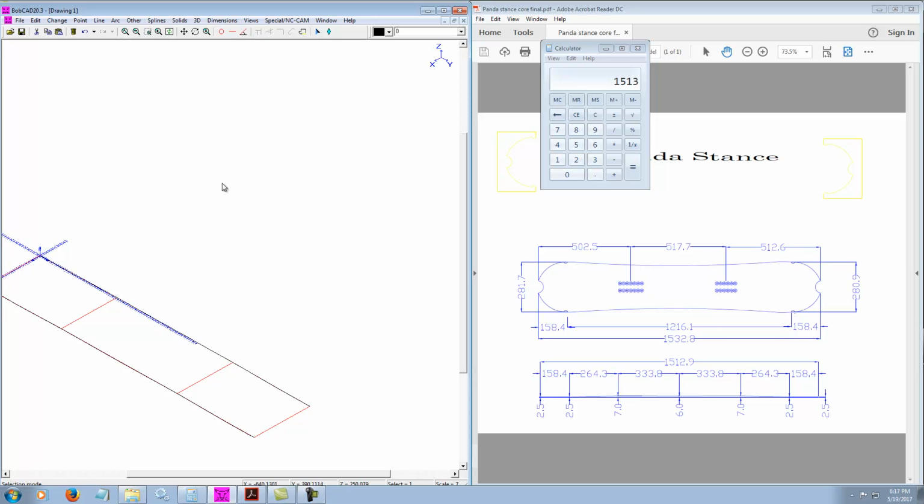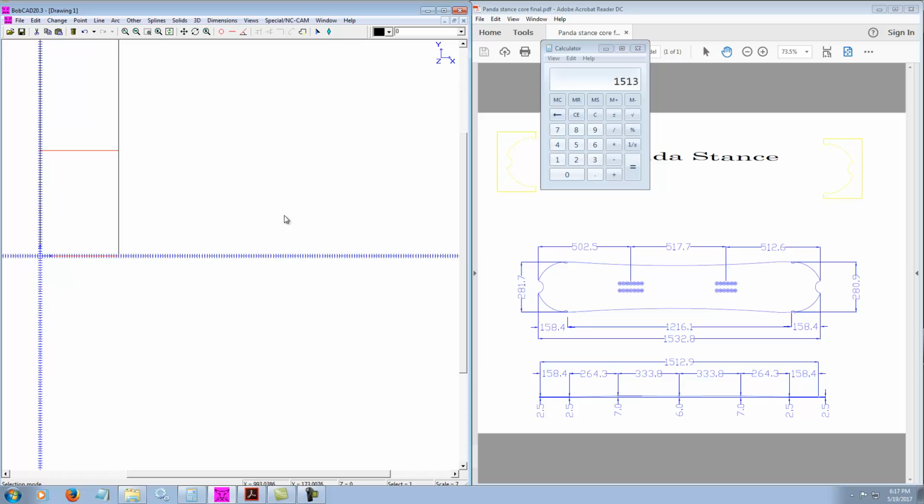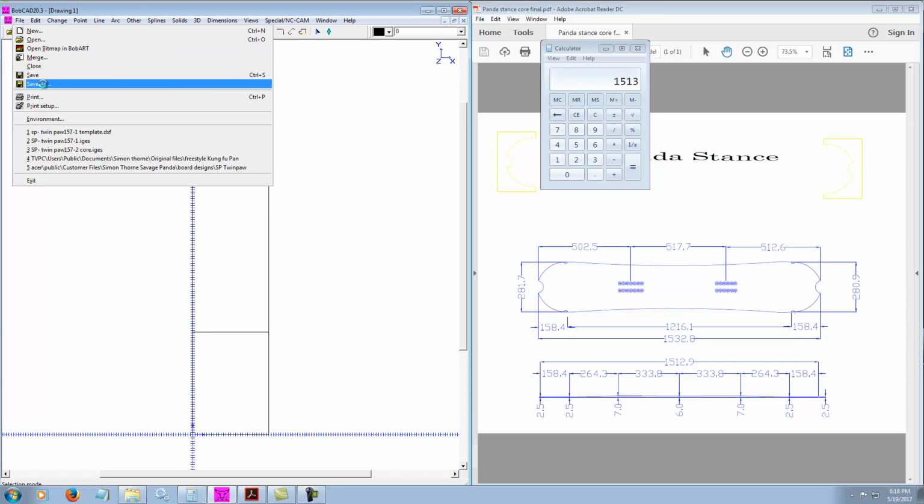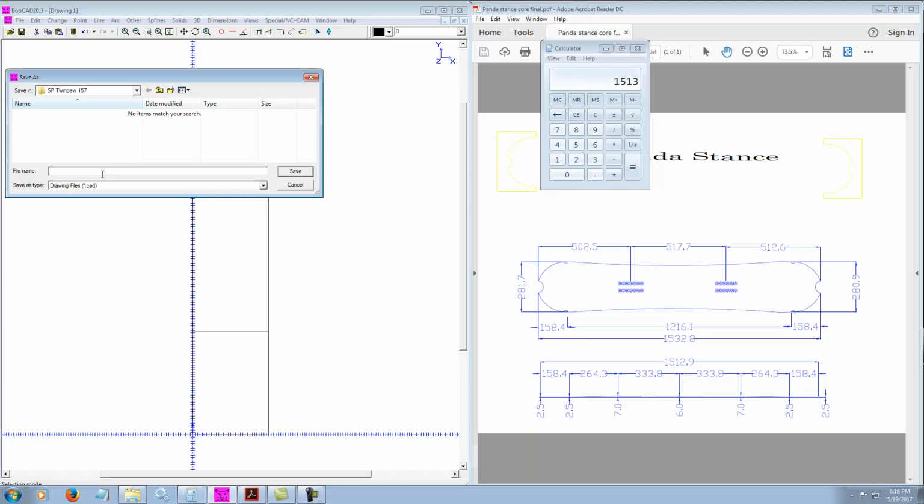So I'm going to go back to this view menu, select top, and that'll give us this top view we've been looking at all along, and I'm going to hit the Z key. Now, this is pretty much ready to go in order to start generating code, but I'm going to at this point save the drawing since we've done all this work, and if the computer crashes we don't want to lose the work. So I'm going to go File, Save As, and we're going to call this